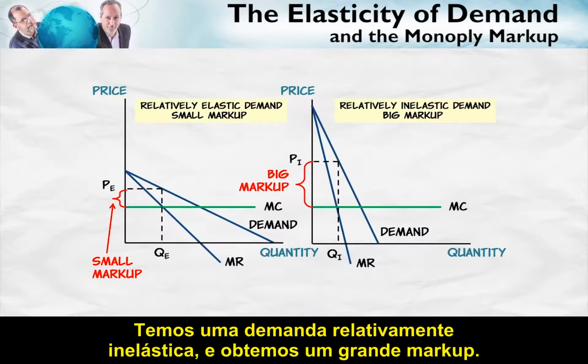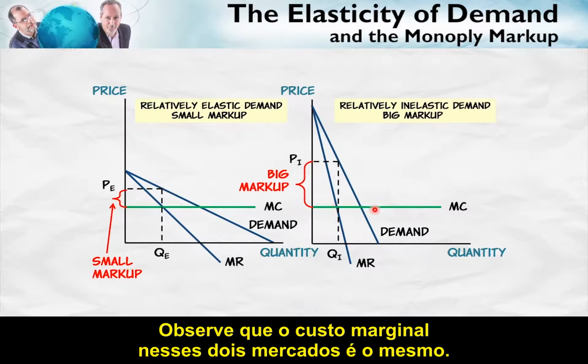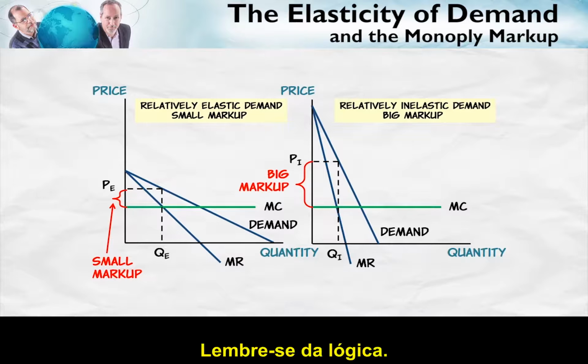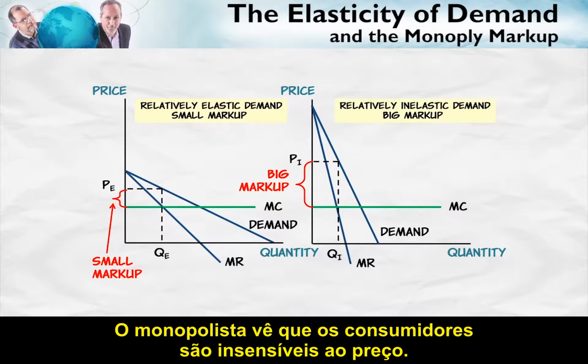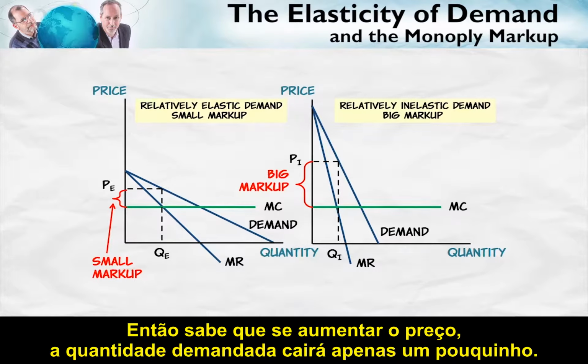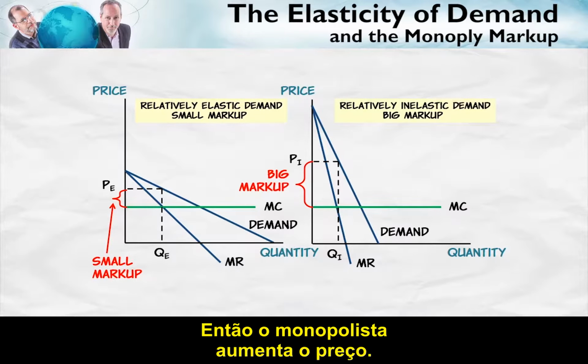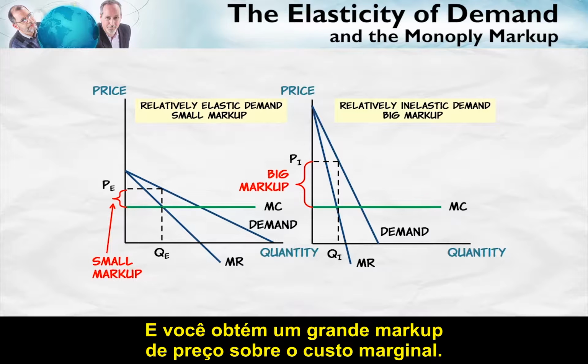We have a relatively inelastic demand, and we get a big markup. Notice the marginal cost for these two markets is the same. What differs is that the demand curve over here on the right is more inelastic. And remember the logic. The monopolist sees that consumers are insensitive to price. So it knows that if it raises price, the quantity demanded will fall by only a little. Therefore, an increase in price will increase the monopolist's profits. That's what it wants. So the monopolist will increase the price and you get a big markup of price over